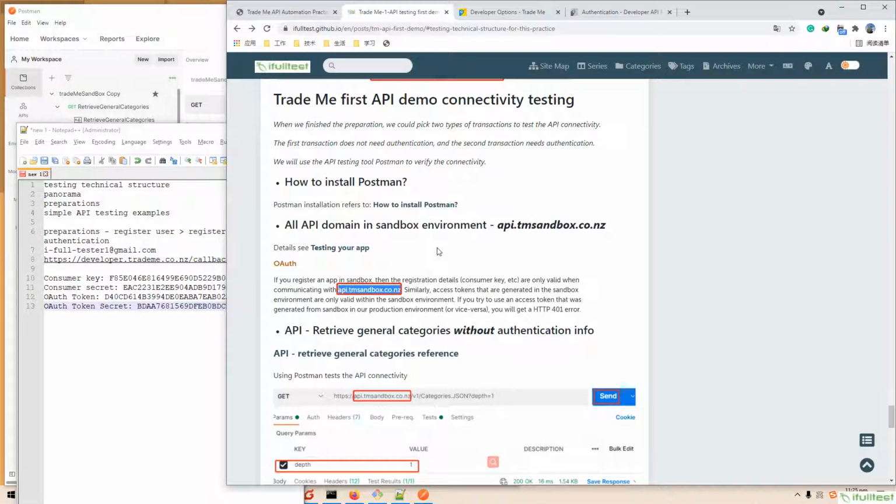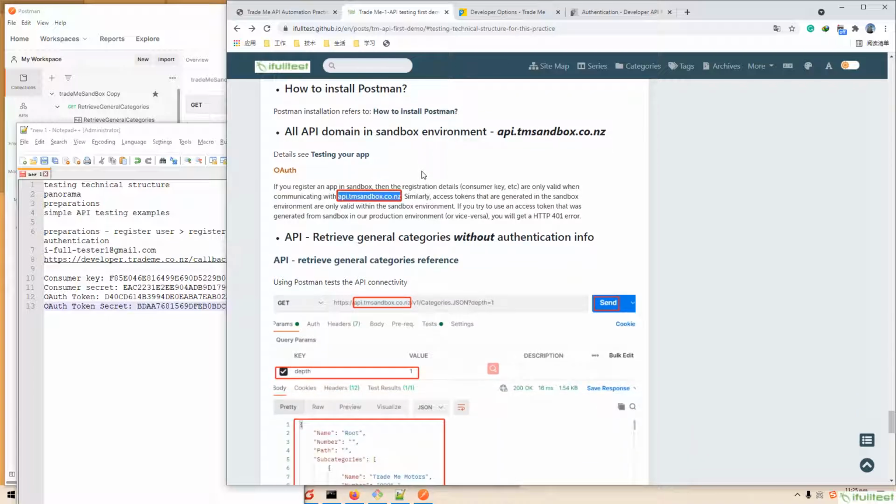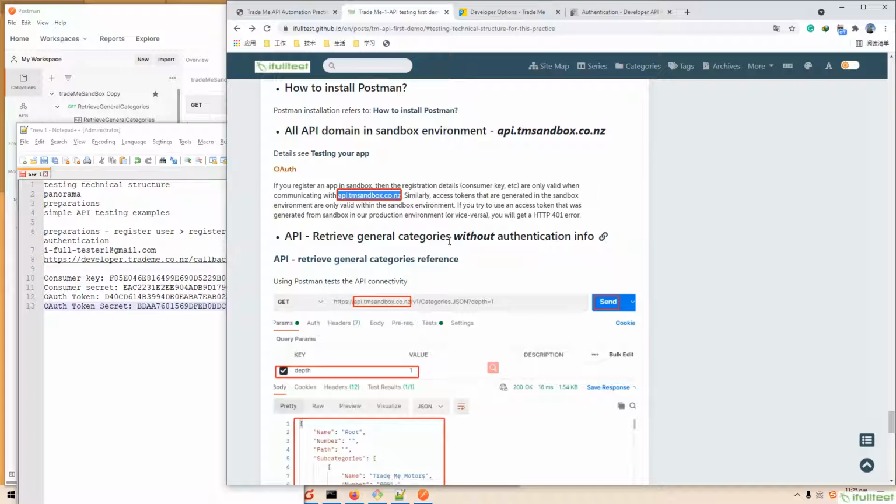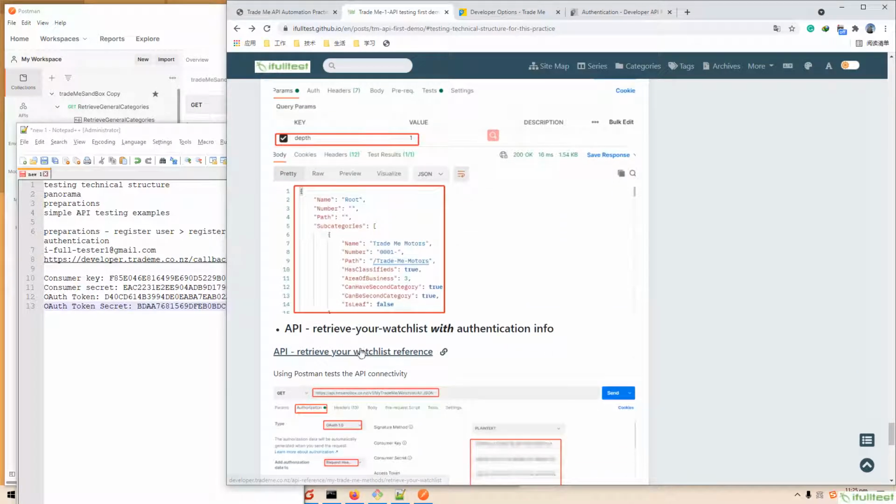Given that we have already got the authentication information, we can start our first API testing. We have picked two APIs: retrieve general categories without authentication information, and retrieve your watch list, which needs the authentication information.